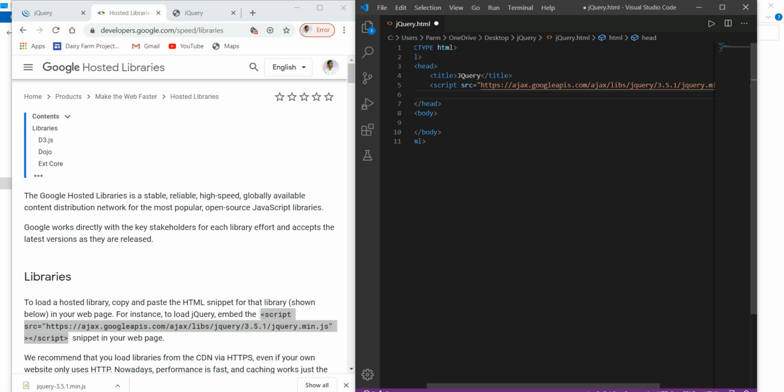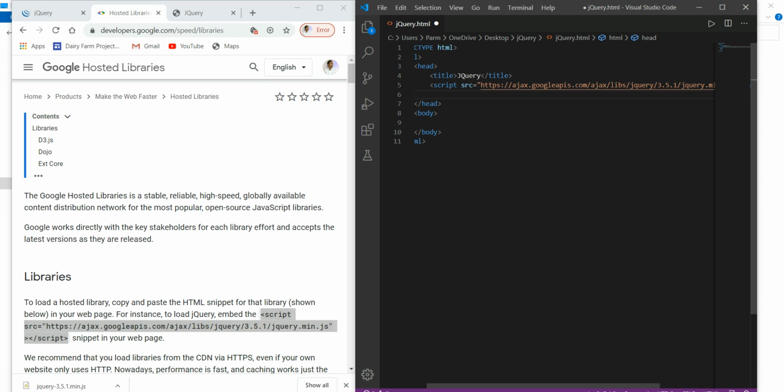What is the advantage of using jQuery this way in our file? Many users have already downloaded jQuery from Google, and it is already in their cache memory, already available in the browser. So whenever they load our page, it will download very fast. The CDN also takes care of this: whenever a page request is made, it will serve the request from the nearest server, which also makes the downloading of the page faster.